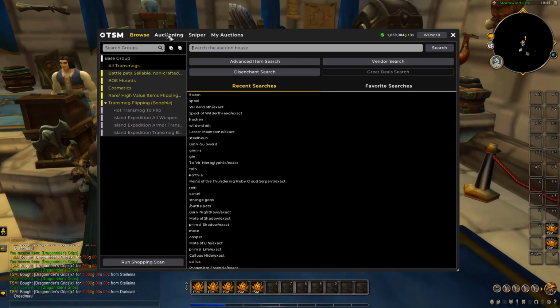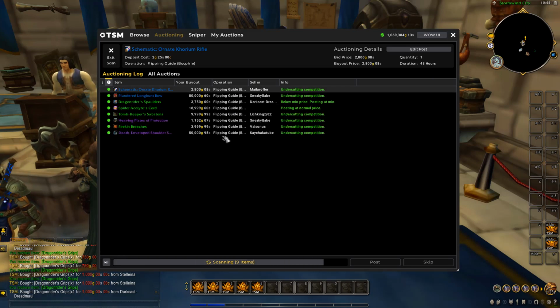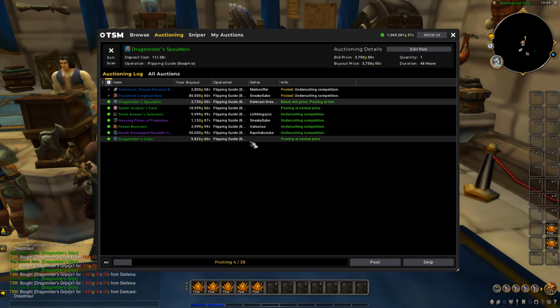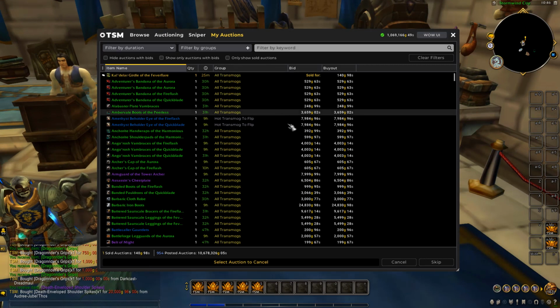So you want to go to auctioning, run post scan, and we'll scan all these in. Simply click our TSM macro, which will post all the items for us, just like so. So we'll post all 38, and we'll get the other one, and we'll check the total worth in the auction house. Alrighty, so that brings up the total worth in the auction house to